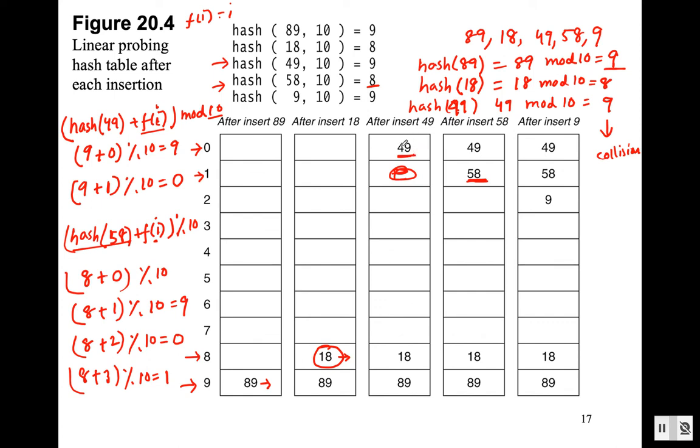If it is empty, we insert it there. If not, we check the next cell, and so on. Trying 9, you will find a collision, so we resolve with linear probing. We add 0, collision; we add 1, collision; we add 2, collision. Then we are going to